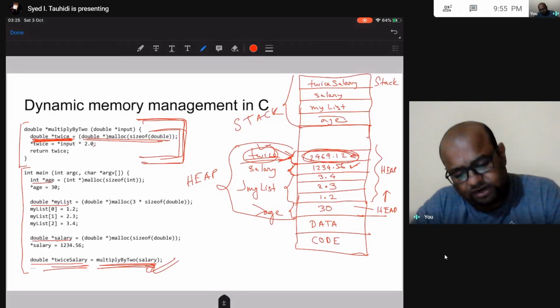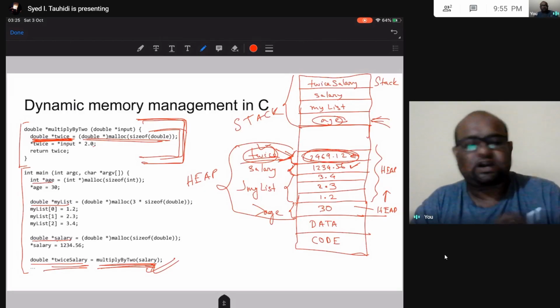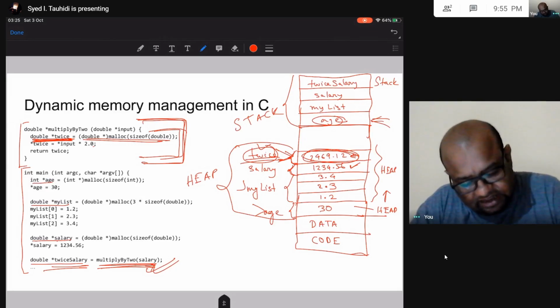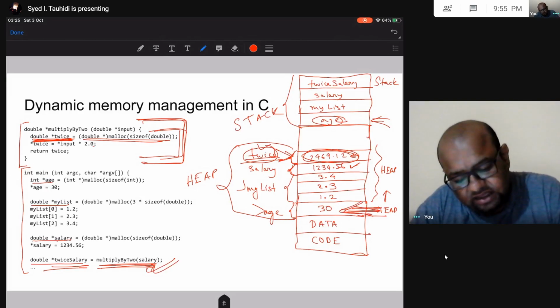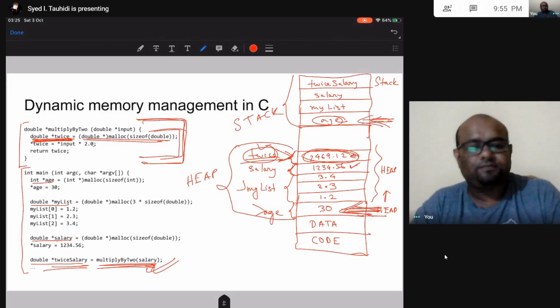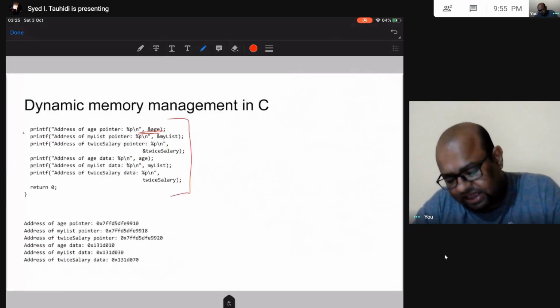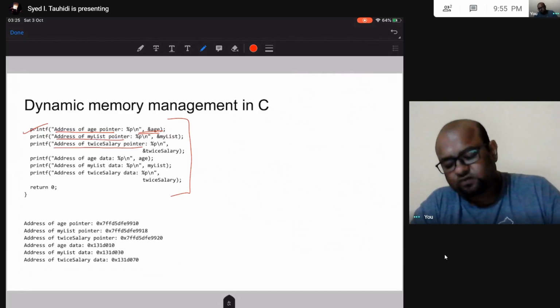I am going to print this address, and I am going to print the data of what is in age. This is the address of the data and the address of the pointer variable. So in this line I am printing the address of age pointer. Here I am printing the address of list pointer, and here I am printing the address of twice salary pointer.